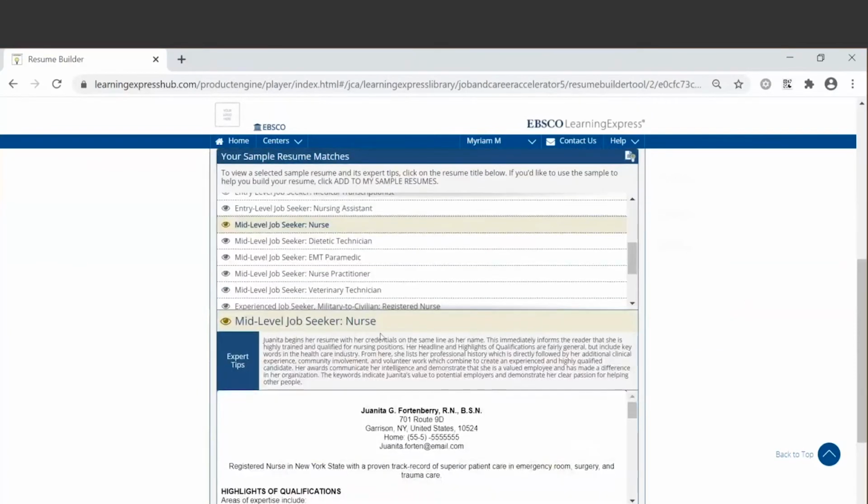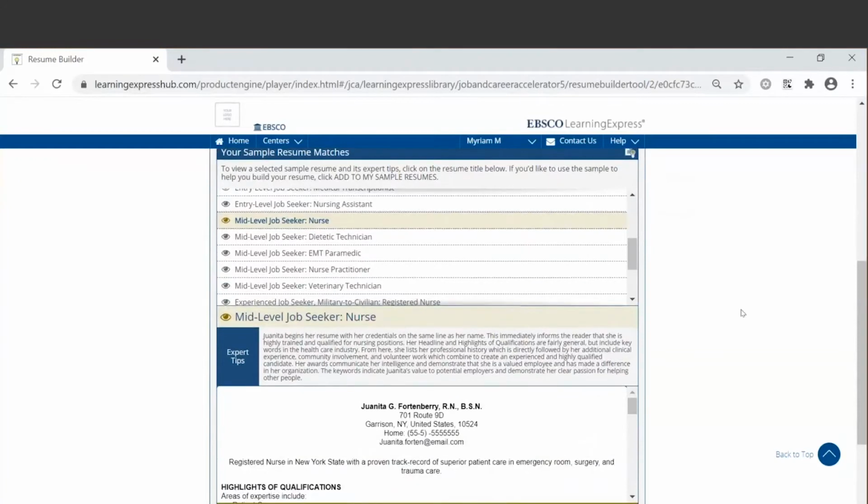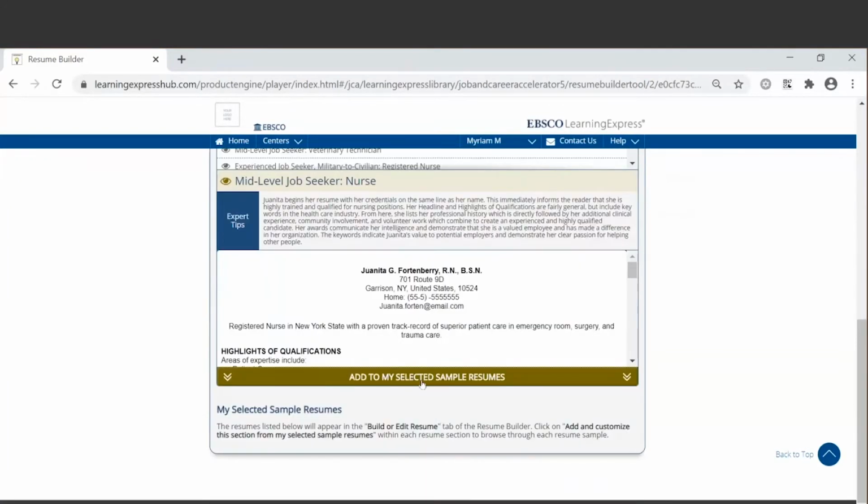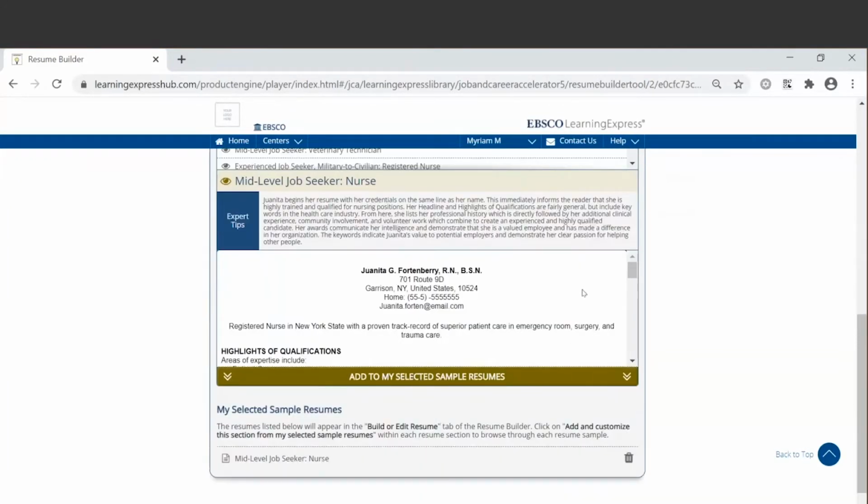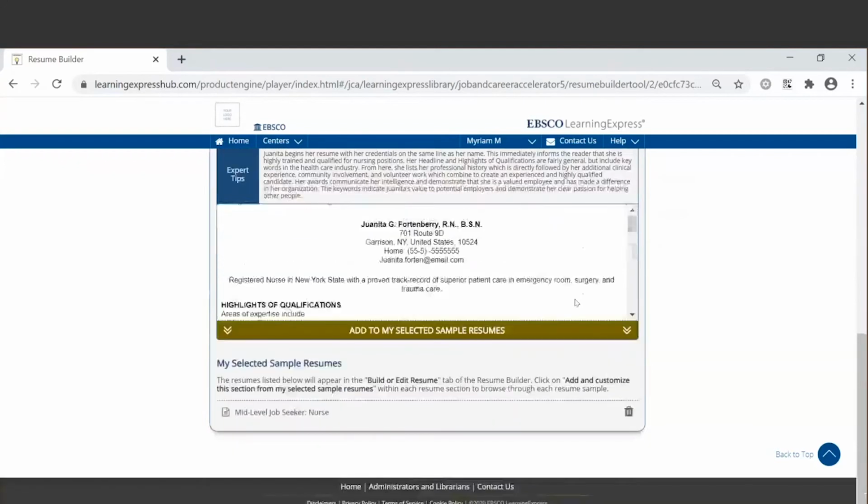As you can see here, we have a tip on what makes this resume stand out. And so again, this will help your users realize exactly what information they really want to highlight within their resume. And so we will add this to our sample resume. You can see it is the full resume here.